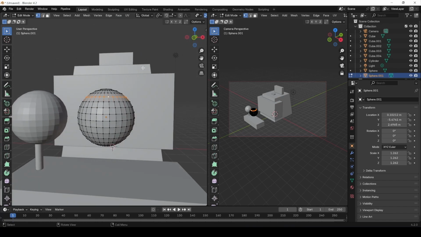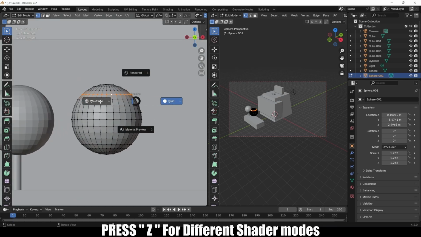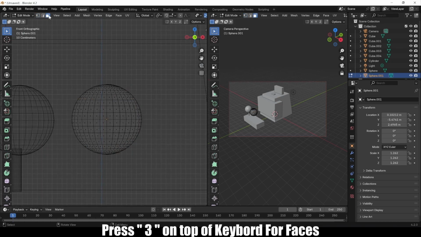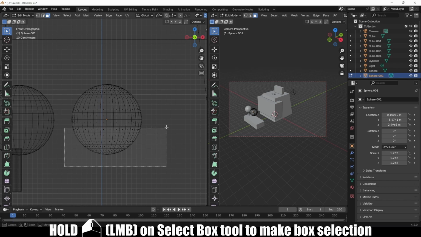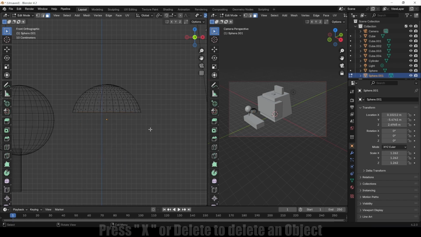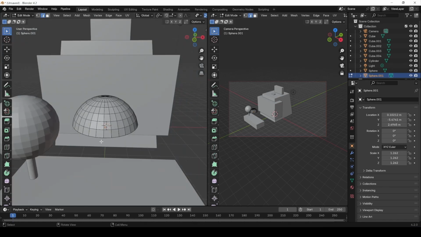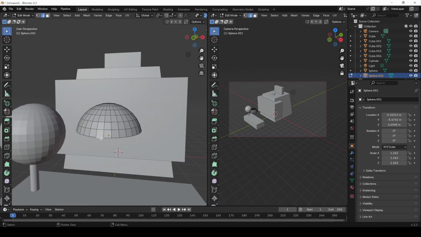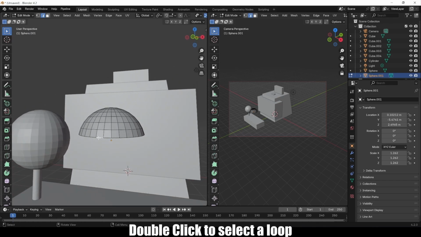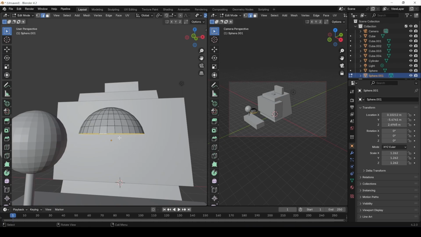So let's go back to the front view with 1, then Z, then choose wireframe, and then press 3 to get the face selection. And let's delete all these faces. Press X and delete. Now press 2 to enter edge mode, Z and get solid, and let's go and see it. This, select it, double click on it to select all this loop, then press E